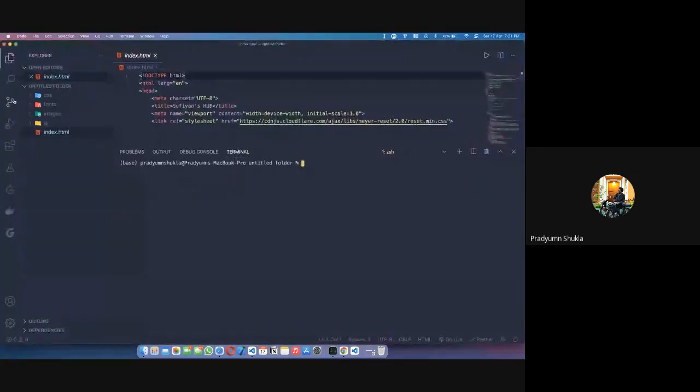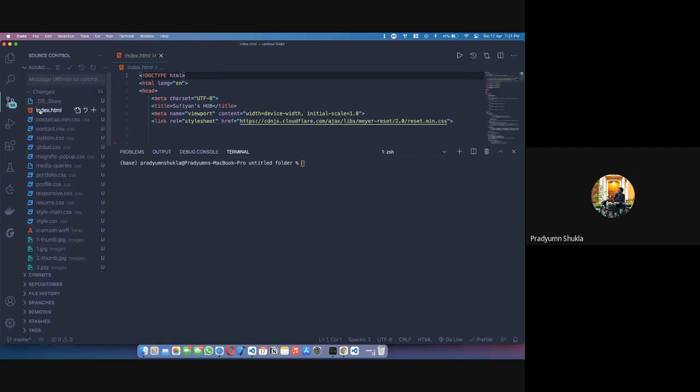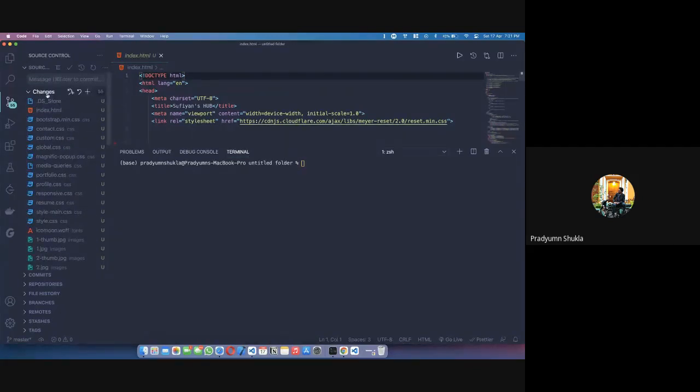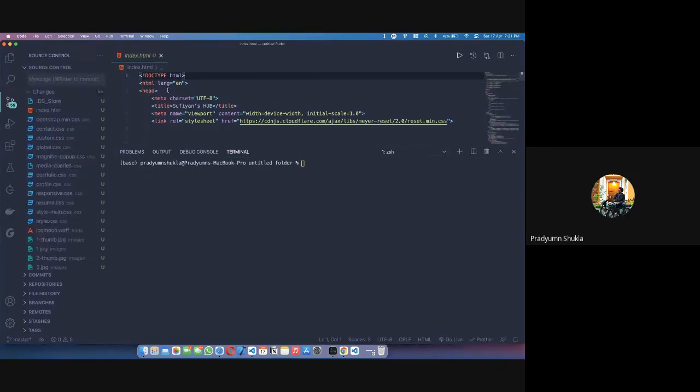But you also have something called a GUI tool, which I use all the time. You could have typed git init to start a repository, or if you are a little bit lazy, you can just initialize a repository through this click, and it has initialized everything. As you can see, these are the changes. All these files that I have added here, there has been no commit previously, so there are a lot of changes. So what I need to do is add all of these files.